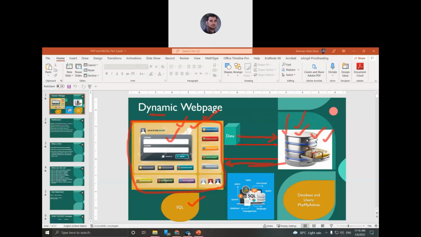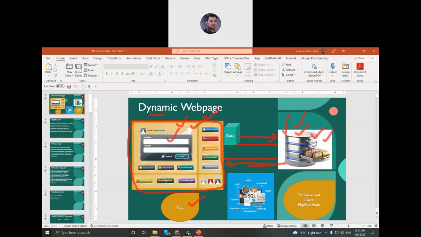If we want to design a database, then we need a database management system. In our case, we will use MySQLi, where the i stands for the improved version of MySQL.